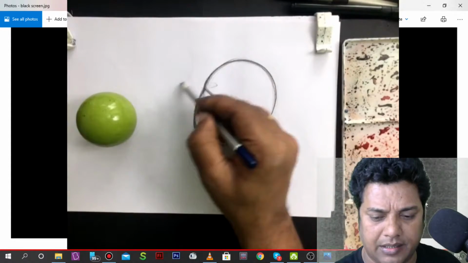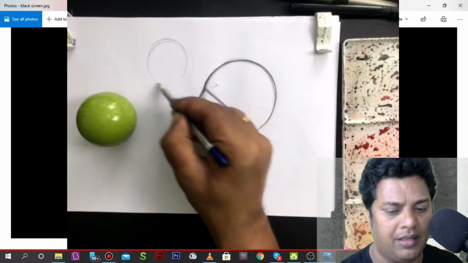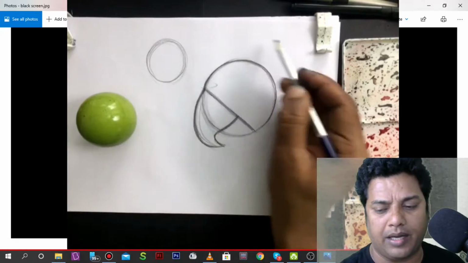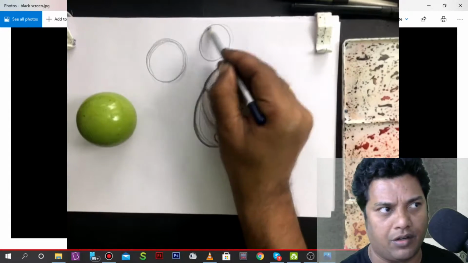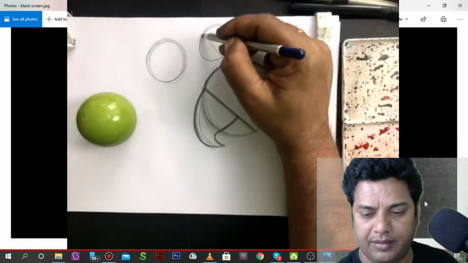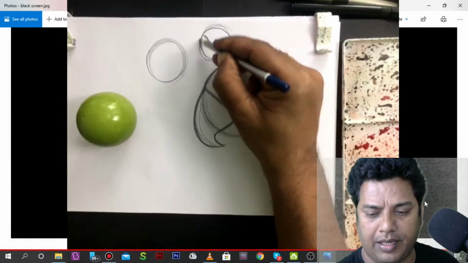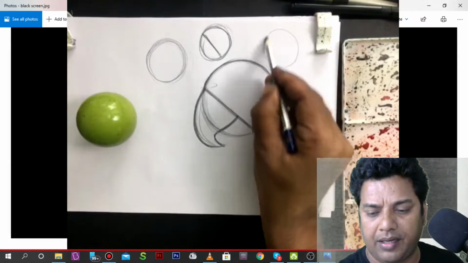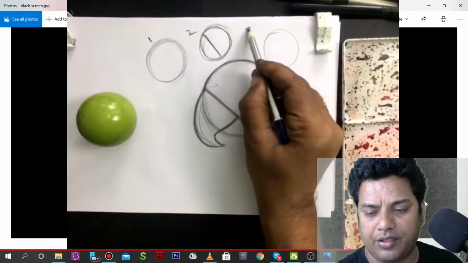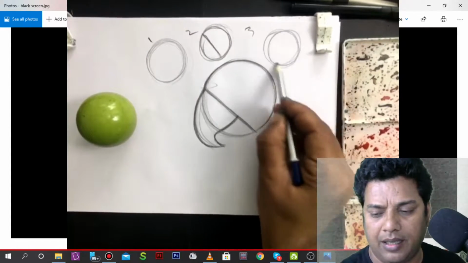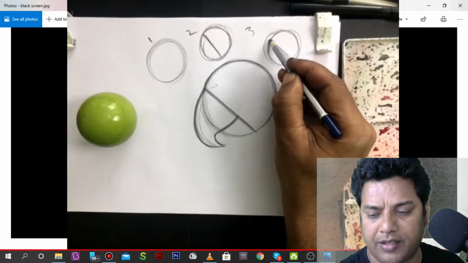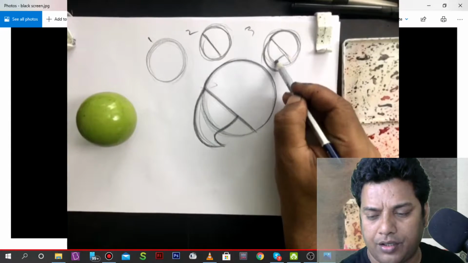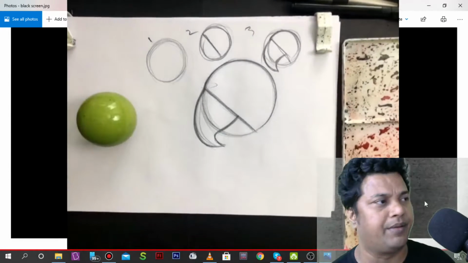Yeah, first you make a circle. I draw over here again. First you make a circle like this. After the circle, step 1. Step 2, you just draw one line over here. Okay, this is step 2. One line over here. And now step 3. 1, 2, 3 steps. Make a circle and a straight line, and from here you can do like this. 1, 2, like this. Okay, very simple.